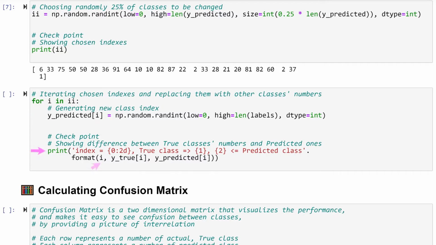By this checkpoint, we print the current index, the correct class number located by the current index, and the generated new class number for the current index. We apply the function format to the string with the needed text. In the curly brackets, we set the order numbers of arguments that are passed to the function. We have here 3 arguments. That's why we specify in curly brackets 0, 1, and 2. For the first argument in the curly bracket, we also specify 2d after the colon.